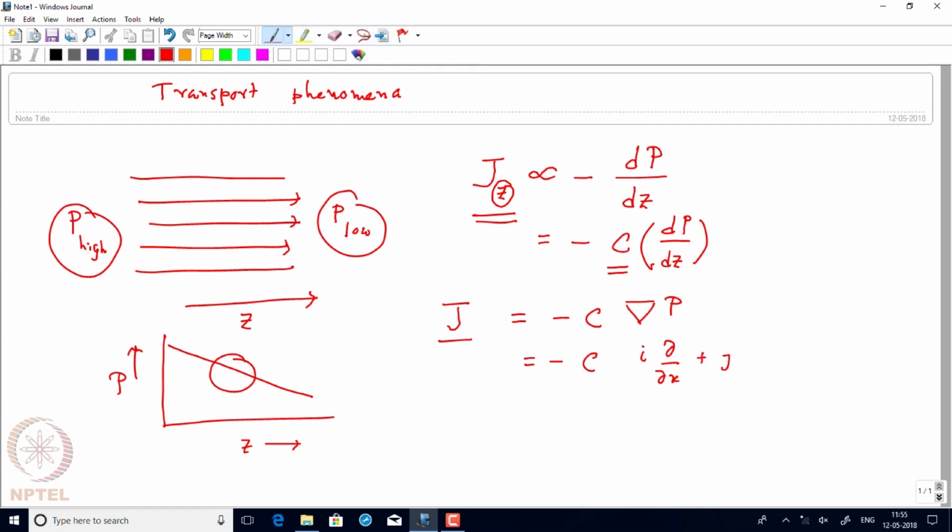i del x plus j del y plus k del z of p, where i, j, k are the unit vectors along the three Cartesian coordinates. But we'll be using only very simple notation, in the sense that we'll be restricting ourselves as if it is a one-dimensional gradient and everything is flowing in a particular direction. Now, this equation is known as Poiseuille's equation, and the next thing we are going to understand